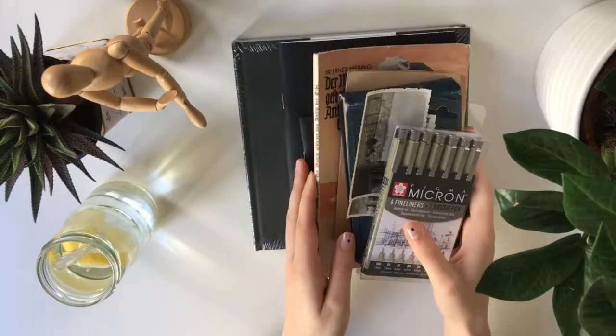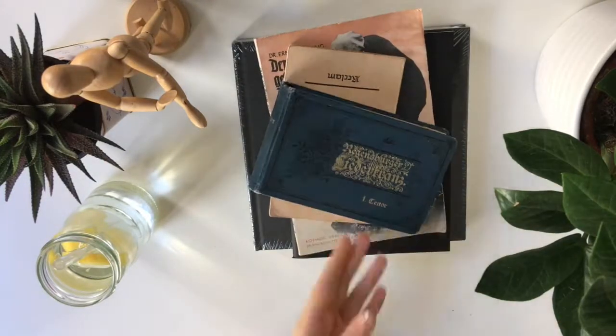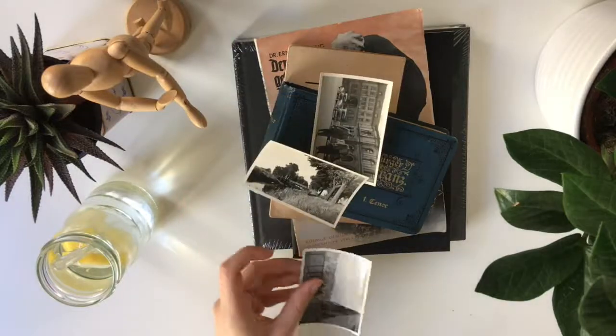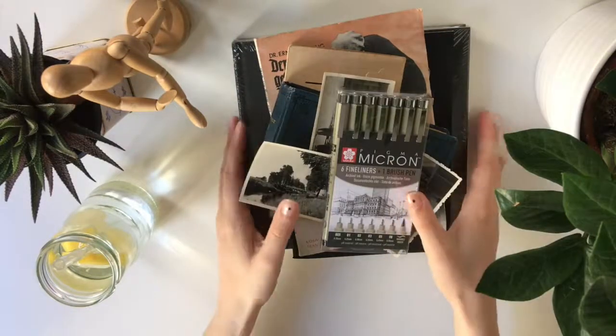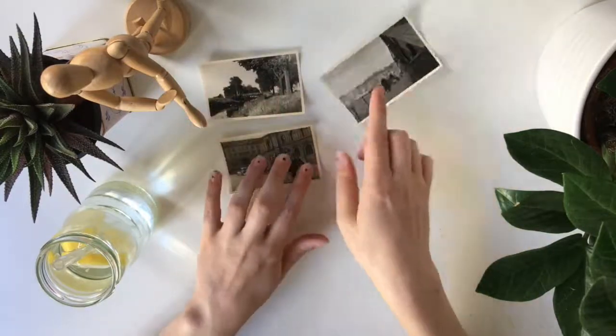Today we are doing an art supplies haul. I thought it would fit the back to school theme that's going around these days quite well. I myself am not going back to uni till October, but as an artist you are always in need for